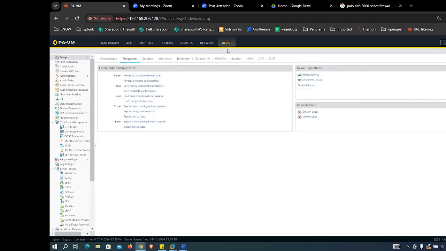Once you log into this Palo Alto login page, you have to click on the device. When you come to the operation, you can see that you first have to save the named configuration snapshot. Why save? Because whatever configuration has been done, it will save first. Once the save is done, you can export the named configuration snapshot to your device, any laptop which you have logged in with. Once you do this, the configuration will be in your laptop. Then again you can update here. For update,